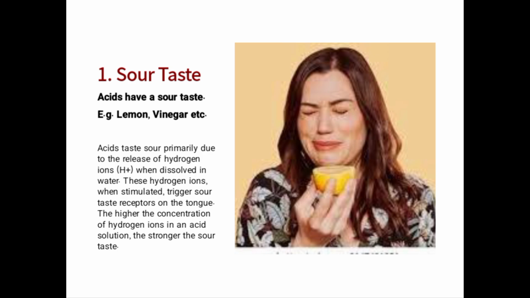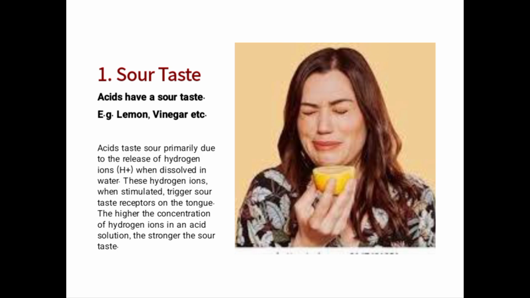You have tasted acid before, or let me give you an example. At one point in time, you have tasted a lemon, or vinegar, or an unripe orange. How does it taste? Your guess is as good as mine. It tastes sour. This shows the presence of an acid. Most foods contain acids, and examples are lemon, vinegar,